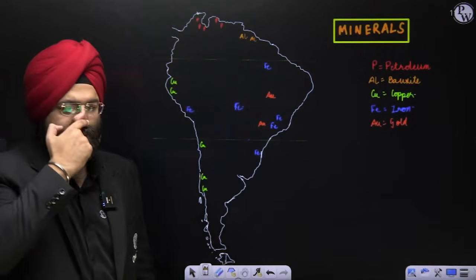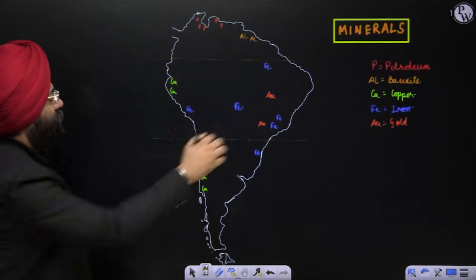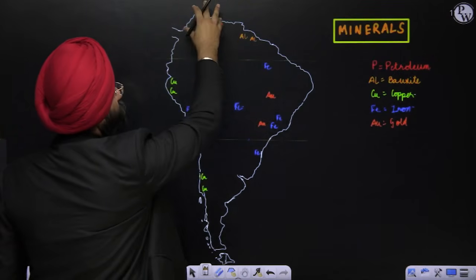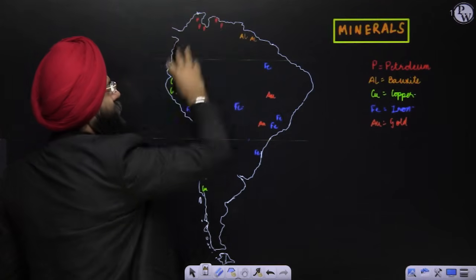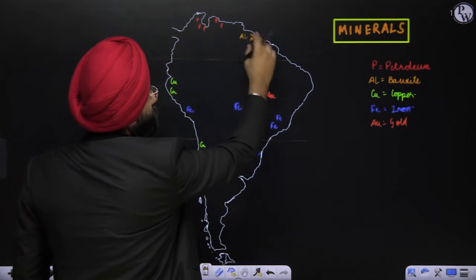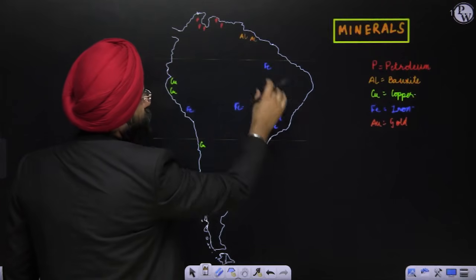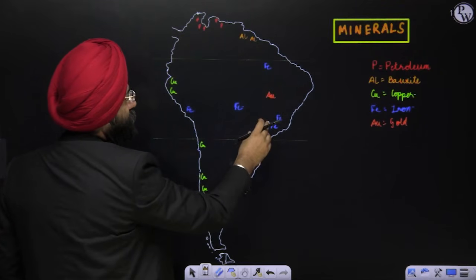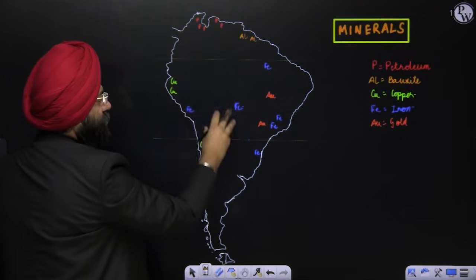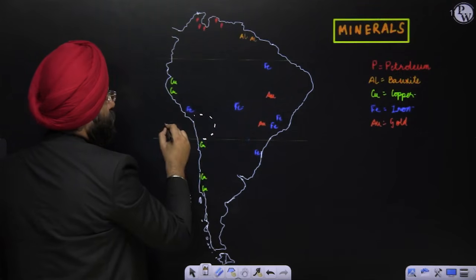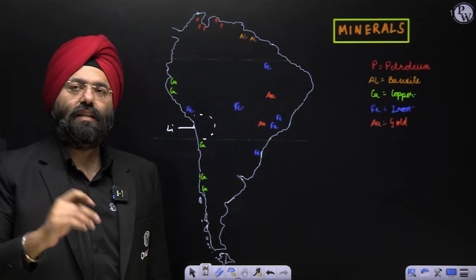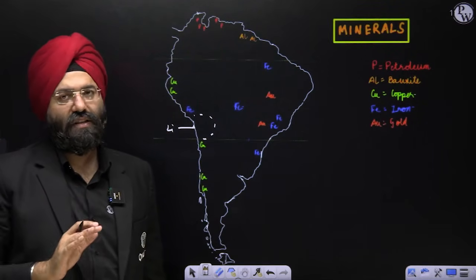But the thing over here is, please remember, when you study this particular region, you will be seeing certain important minerals. Petroleum is found over here. That is why Venezuela is a very important producer of petroleum. You have aluminium, Al. Then you have iron, distributed in the form of Fe. Au, that is gold. Then you have copper along with it. And in this region you also have lithium. So these are the important minerals that are present here, right?